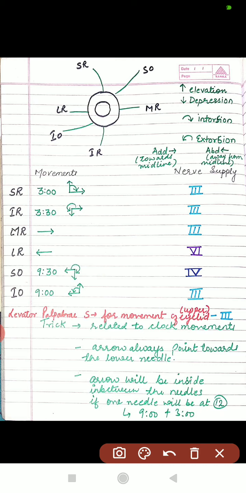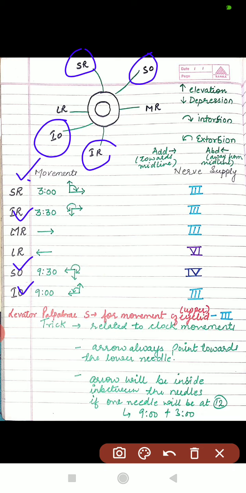So for remembering, the trick is you have to write these muscles in the exact same order as I have written them. Superior rectus, inferior rectus. I have written one muscle, and then the other muscle which is antagonist to it, such as superior rectus and then inferior rectus. Okay, medial rectus and lateral rectus, if you don't write them also, the trick will work. So superior oblique and inferior oblique, this one superior oblique, and the antagonist one inferior oblique. So these four are necessary.